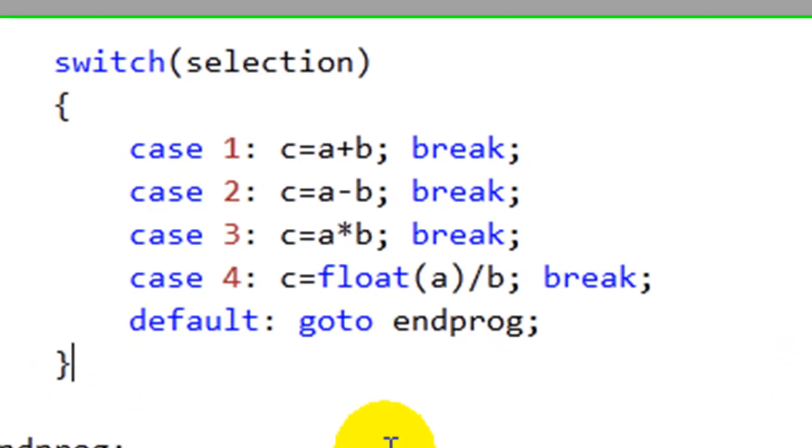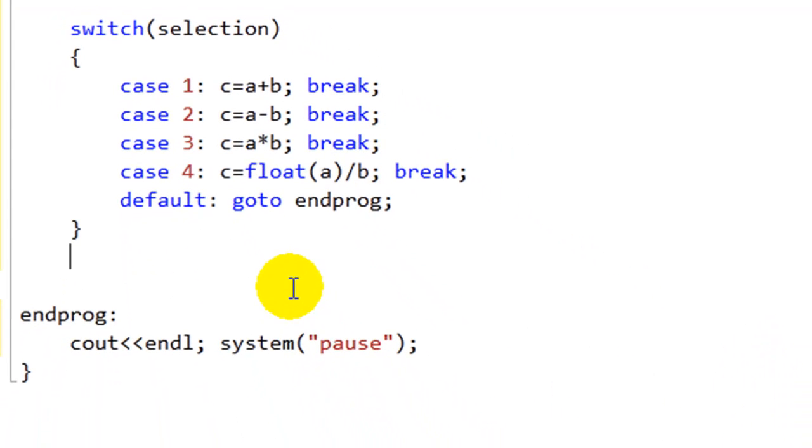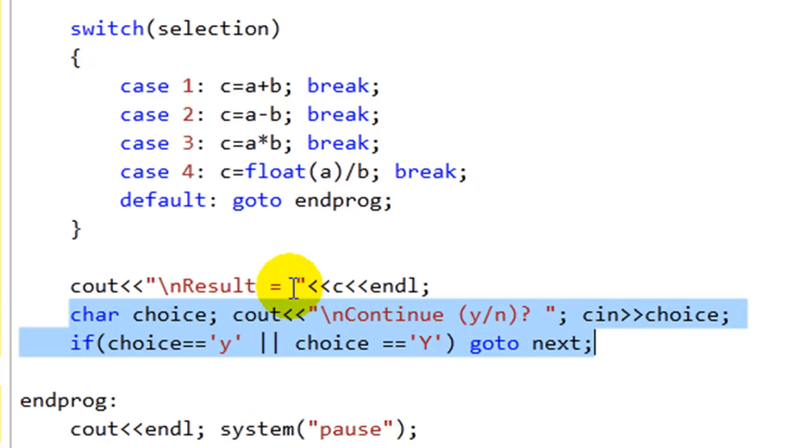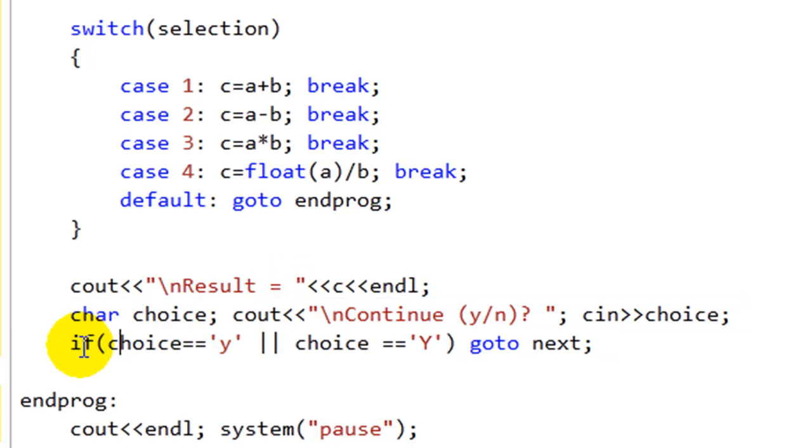Now after the program computes the arithmetic, we need to display the result. After the result is displayed at the output, the user is given a choice to continue with yes or no, and the variable choice then captures the value of y or n, and accordingly here, using an if statement,